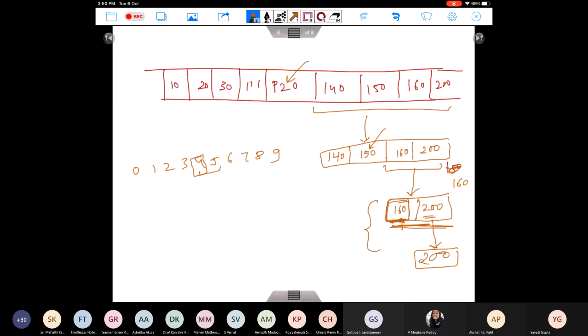So how do you actually write code for this? What needs to be returned? We need to return the location of that element, the index of that element. If every time we break our array into two sub-arrays and pass them, that will not serve our purpose. Let's say I just broke this array. I know that in the original array these were the indices. If I break this array and pass 5, 6, 7, 8 as another array, this will cause a problem because it's a new array and its index will again start from 0, 1, 2, 3. But what I want is the index of 8 in my original array.